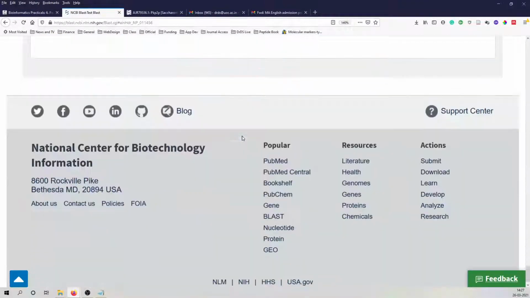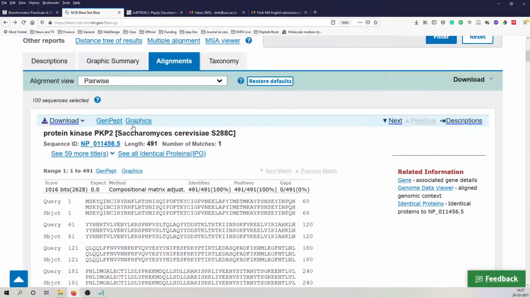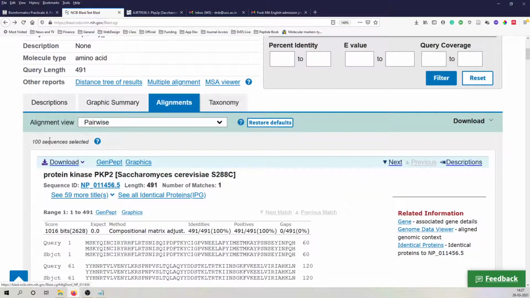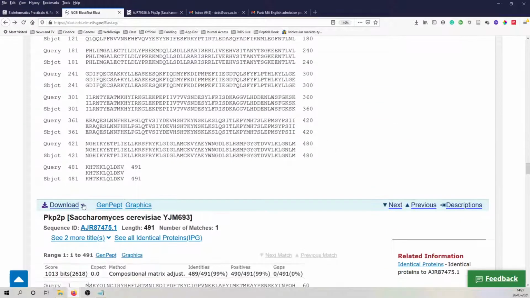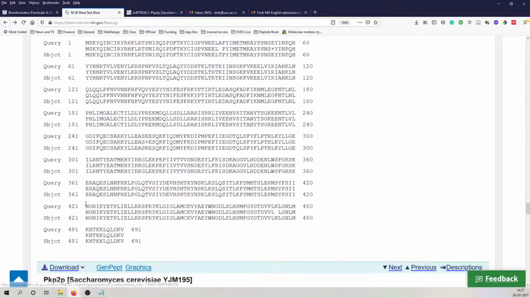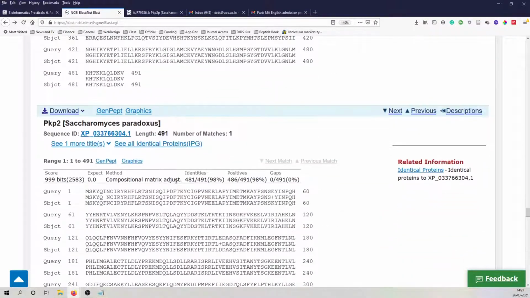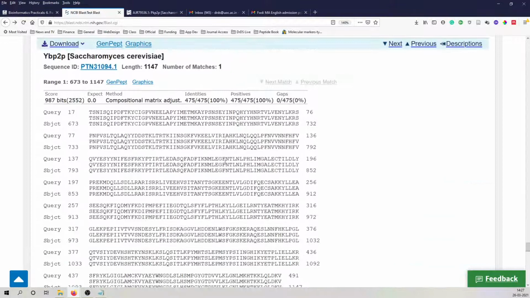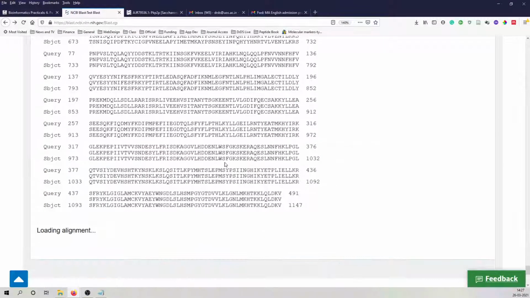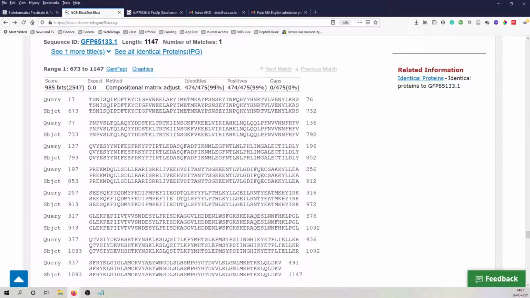When we come down, see, it has 99% identity, but the identity is much less.